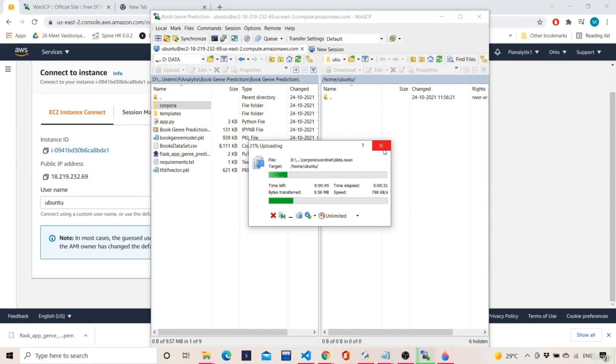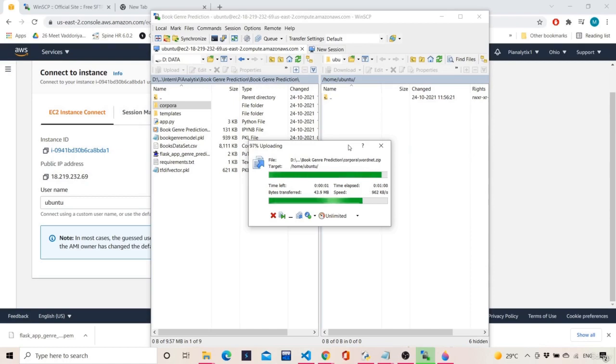If you want, you can also ignore this corpora file, but it doesn't matter if you keep it or not. Just for the purpose of keeping every file, I'm keeping it, because it is not mandatory to keep corpora files. It's not a problem anyway, because in the code we have written nltk.download for stopwords and wordnet, right?